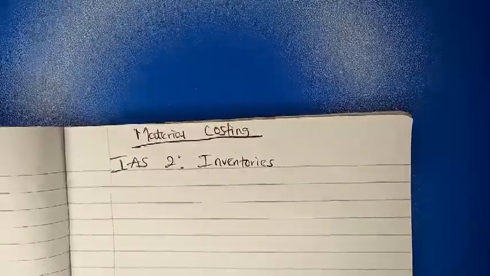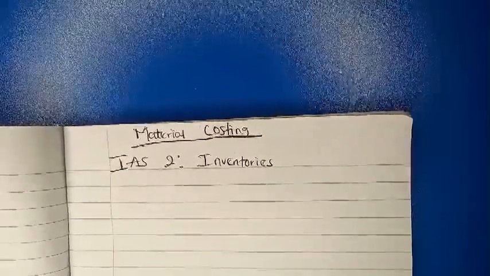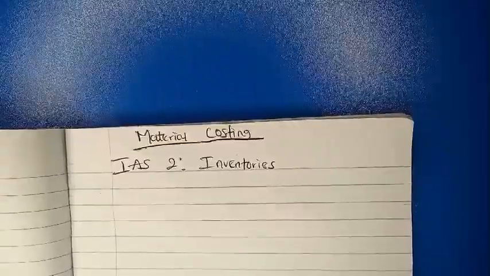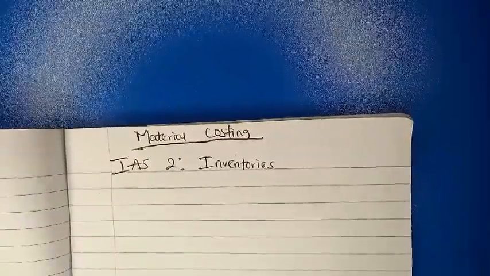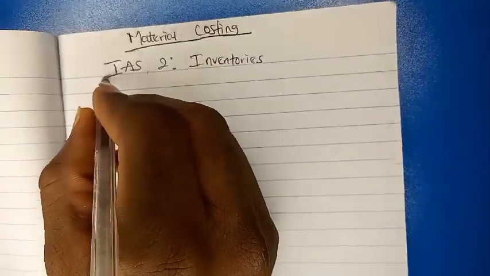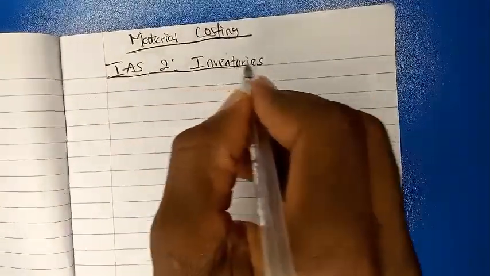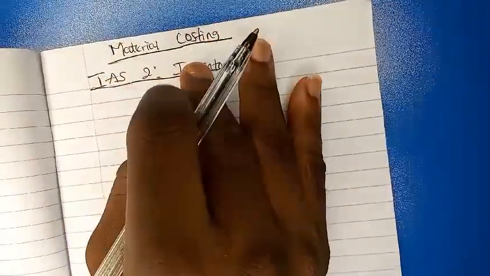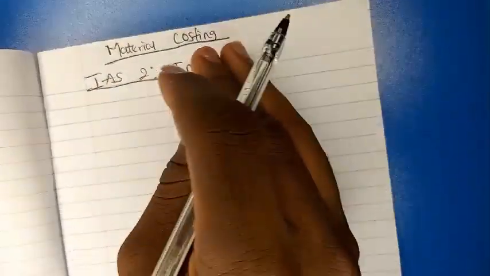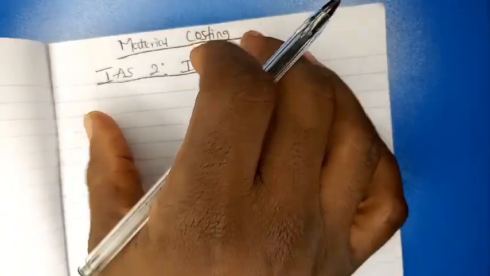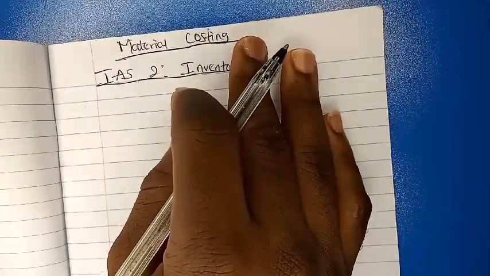So, good day, guys. In today's class, we'll be doing material costing, IS2, which is costing and accounting on inventories. Majorly, I'll be dwelling on material costing here. We'll be looking at more advanced stuff under this topic. I will start by introducing,